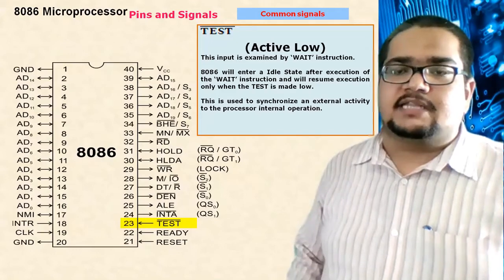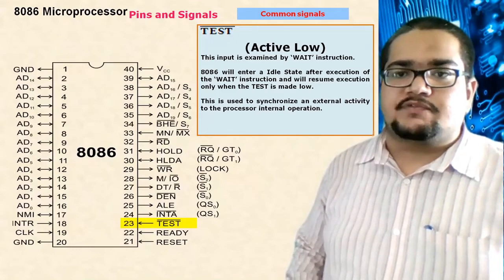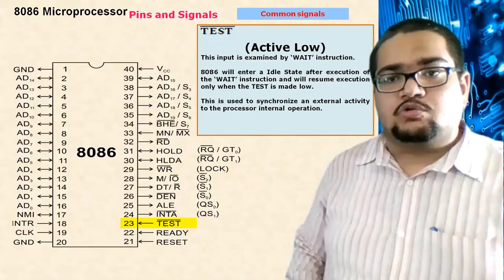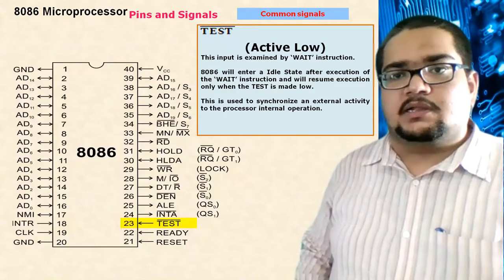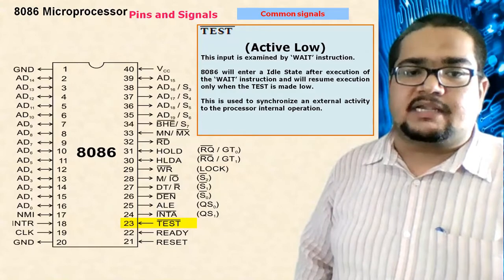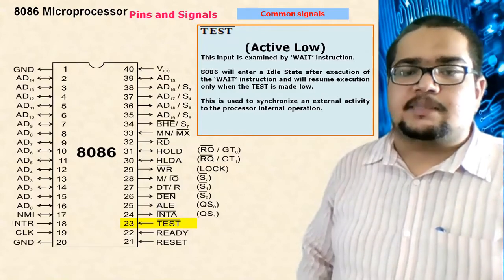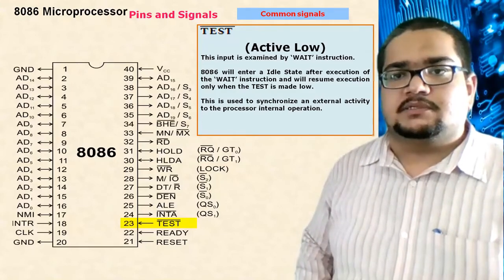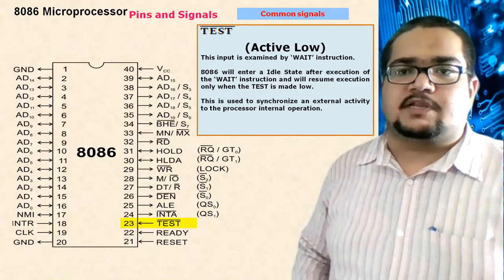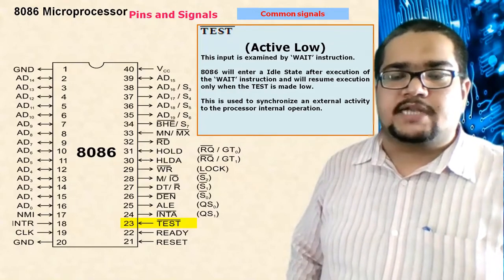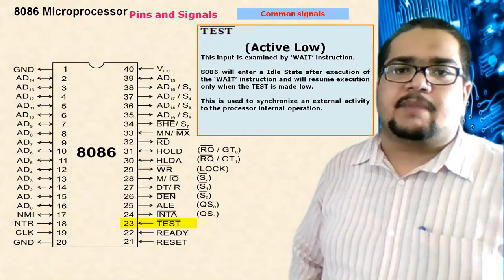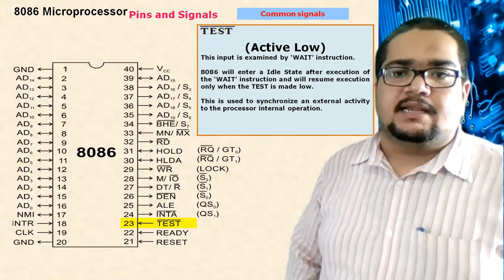So the processor will be sleeping, a type of sleep. When you write a WAIT instruction and it executes, the processor will go into a sleep, but actually I should not say sleep, it is an idle mode. Now to bring the processor back to the normal state, this pin is used. As you can see, this pin is an input. This pin will trigger the processor such that it comes back to normal operation from the idle state. It goes into the idle state by executing one particular instruction named WAIT.